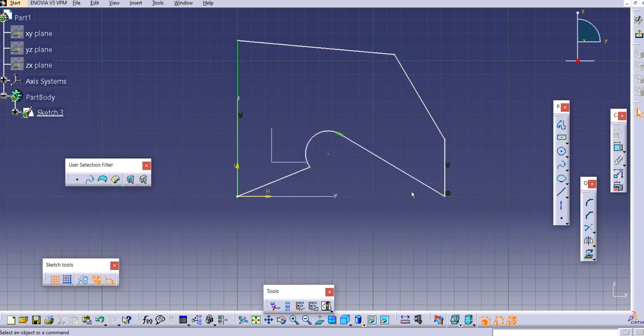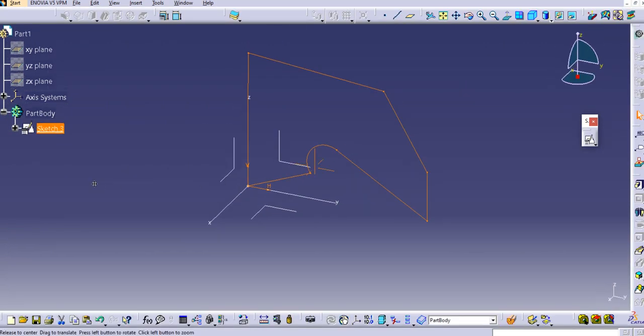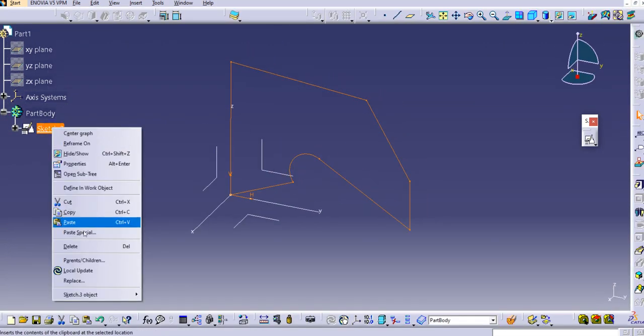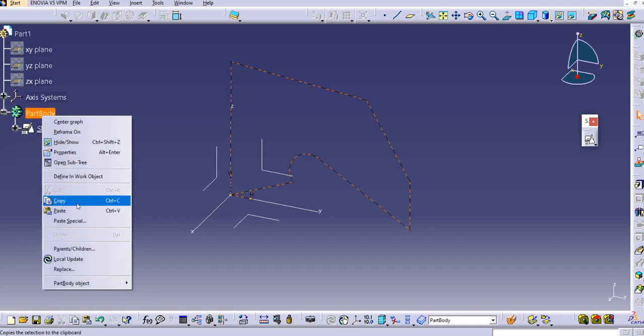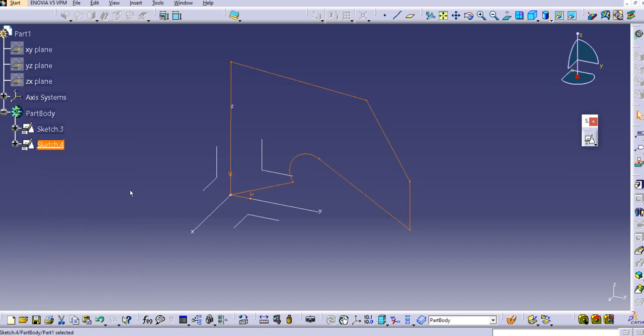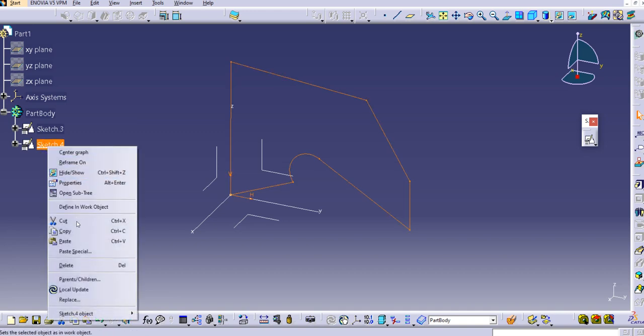Any type of sketch you can create. So again I will just exit this workbench, and then again you can just copy this, and again paste in the part body, paste here,